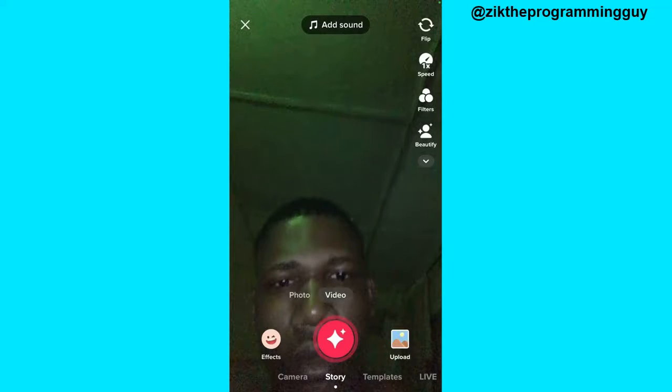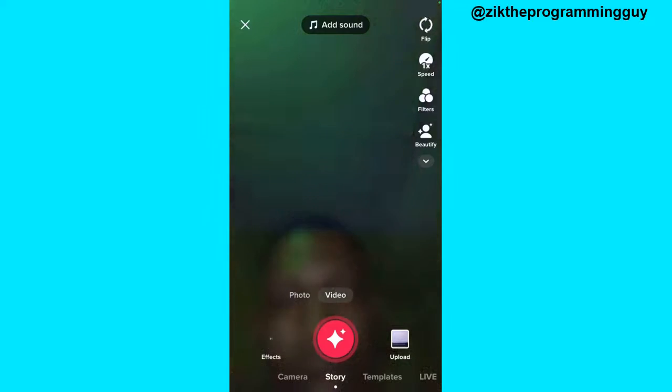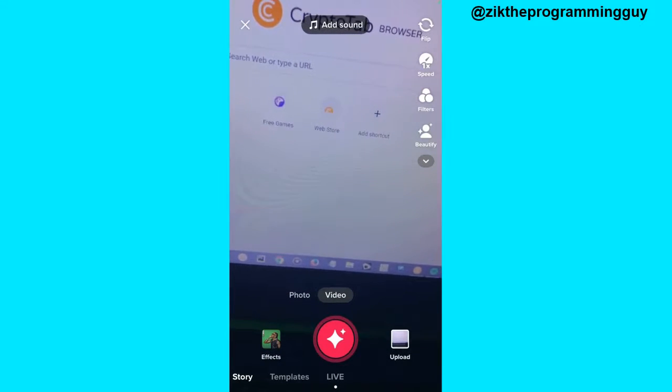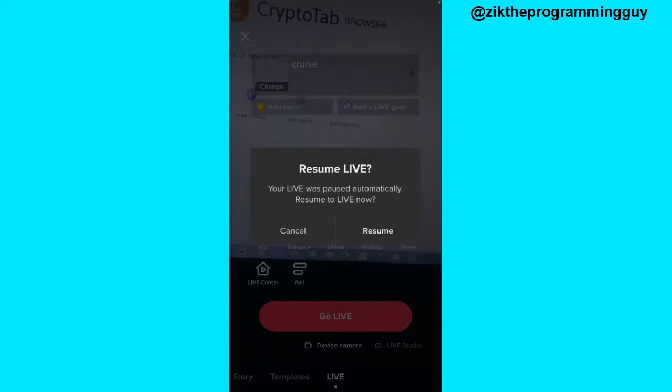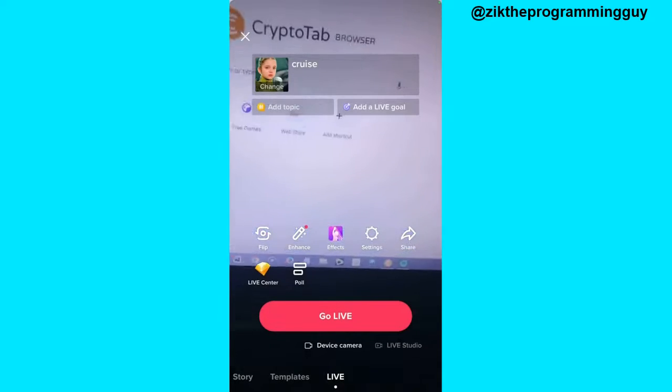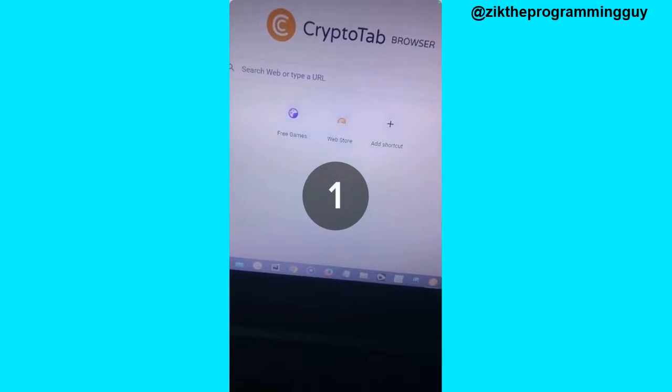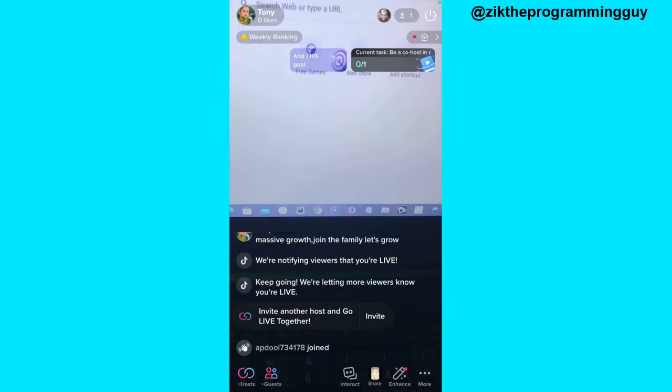Now once you click on that, then you have to select the live option at the bottom of your screen again. Now click on the go live button to go live on TikTok. Takes 3 seconds. Now once you're live on TikTok, just like this, now people start joining your live just like